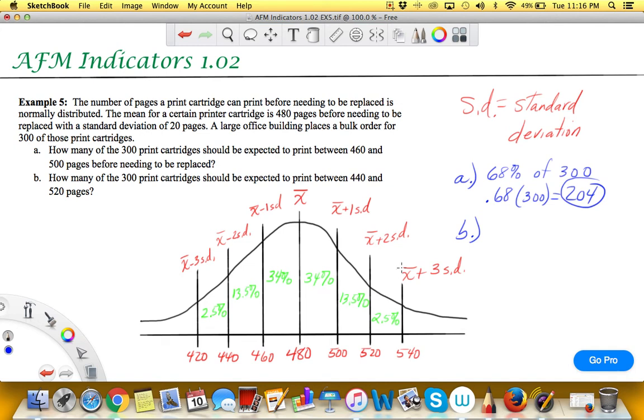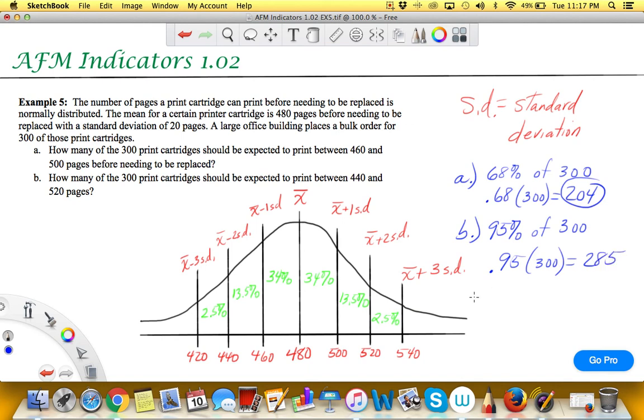Well, the formula tells us that 95% of the numbers in a normal distribution are within 2 standard deviations of the mean. As you can see here, this is minus 2 standard deviations, and here at 520 is plus 2 standard deviations. So that's 95% times 300,